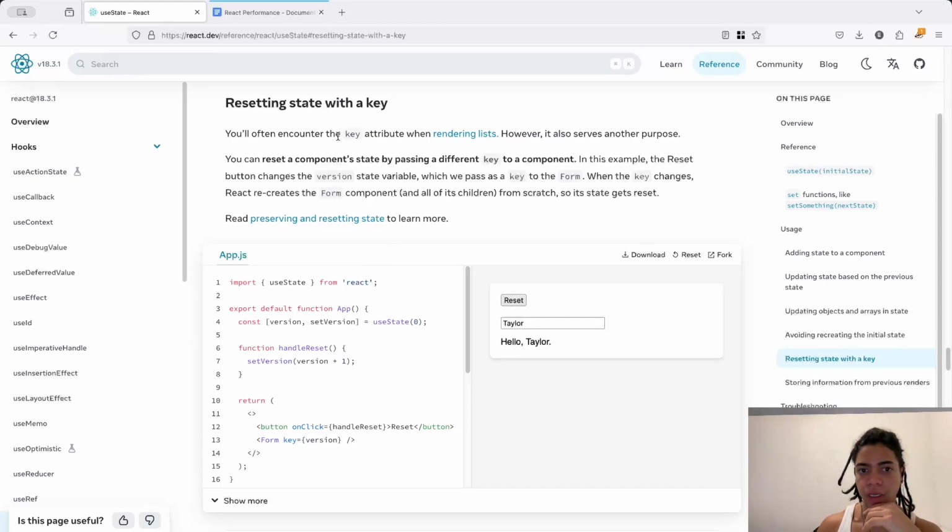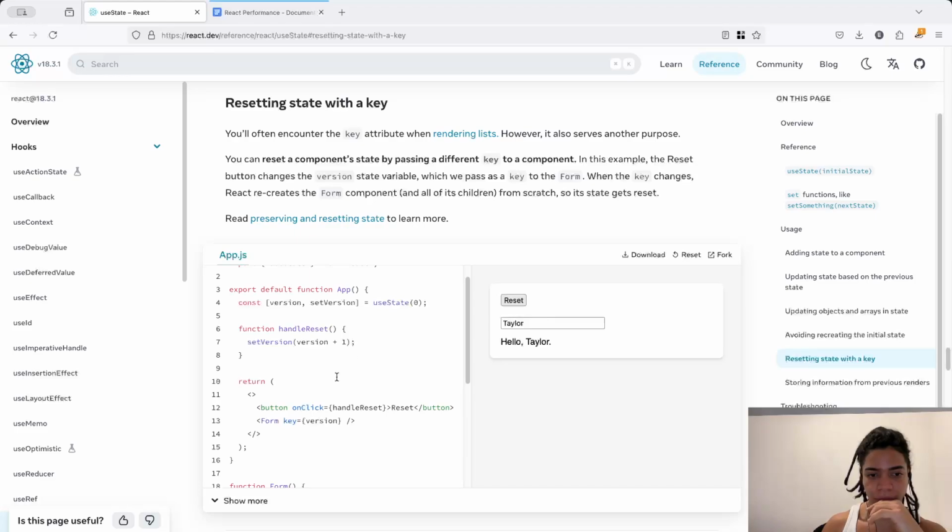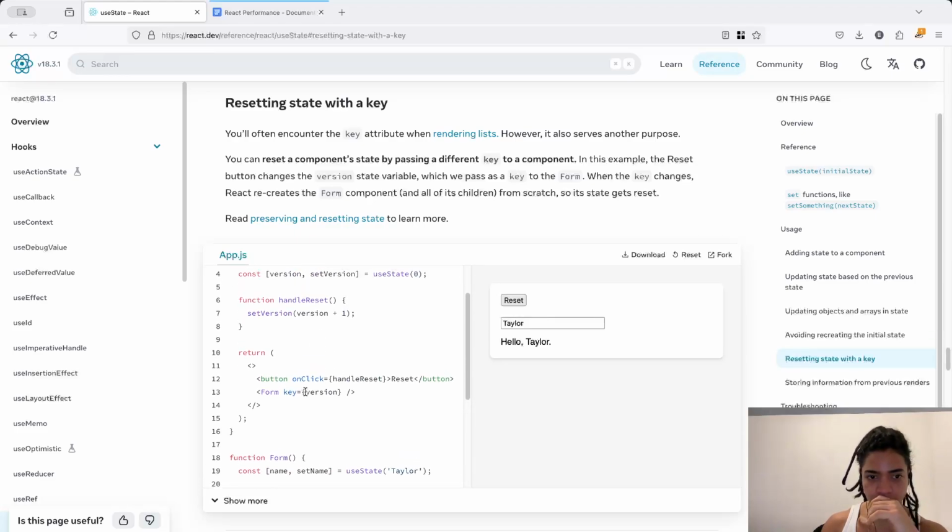You will often encounter the key attribute when rendering lists. So if you have a key on a rendered list of elements, as a way to say